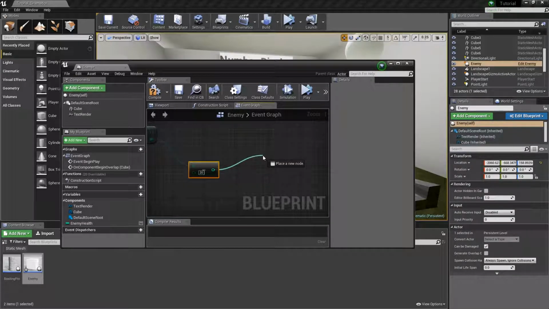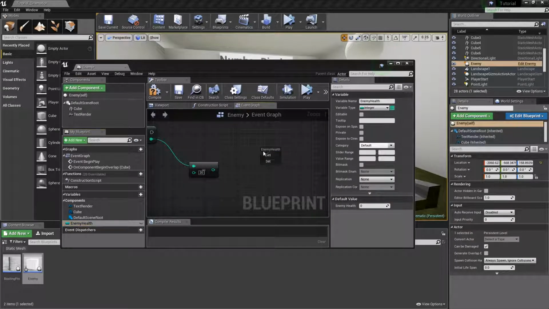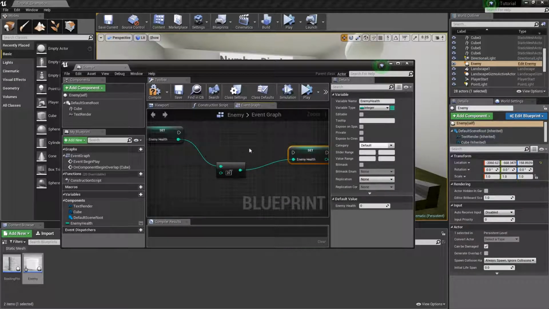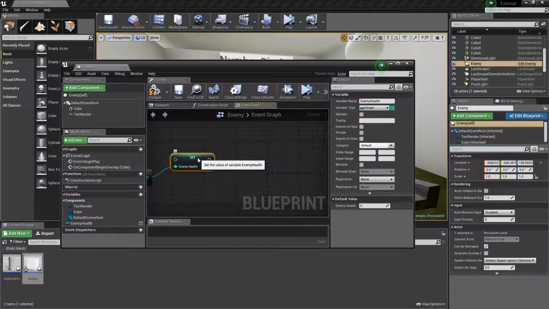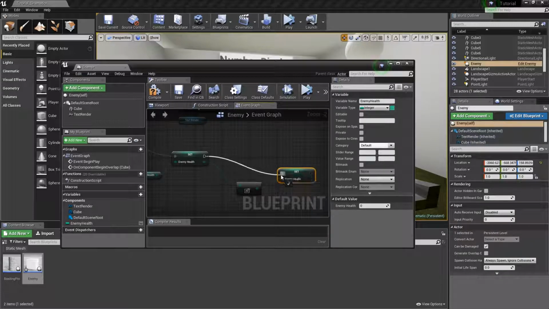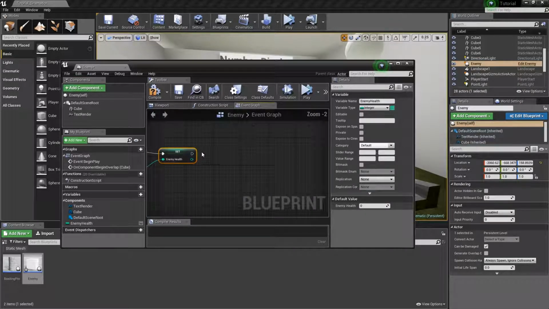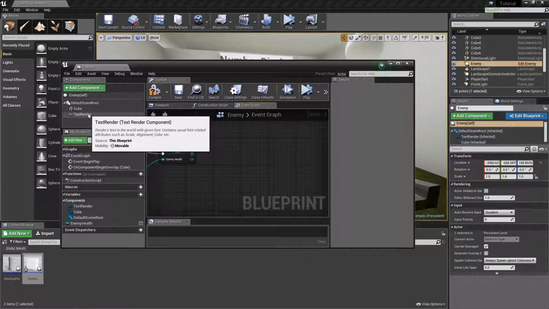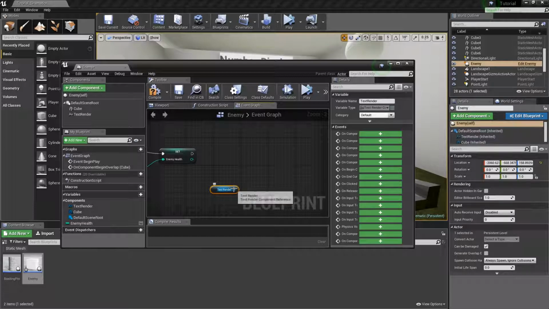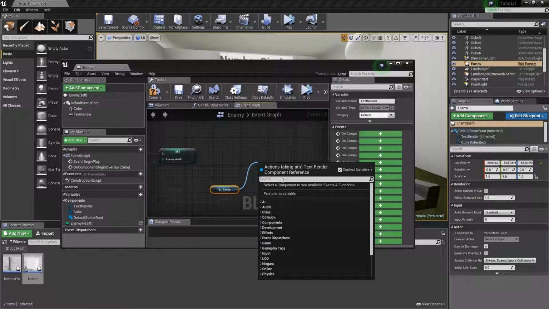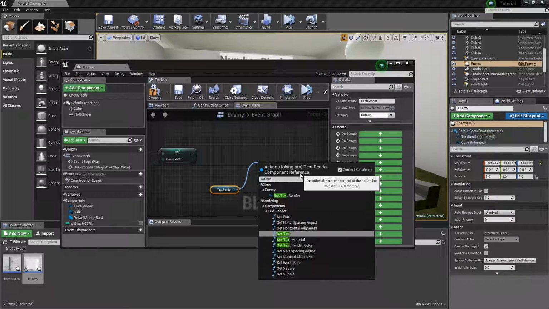The output is going to be what you set the enemy health to, and whatever this value is, that output will be the new current enemy health. Cool. And then I need to connect this pin to this pin to keep the flow of information going. From there, I will drag the text render out one more time, and I'm just going to make it display the new information on the text render. So I will do again, set text,